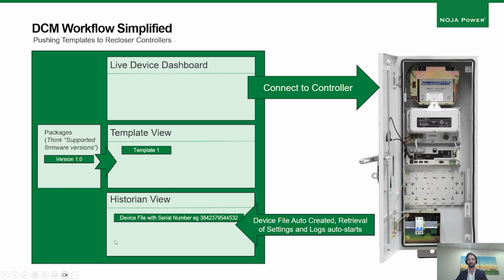So the historian view is basically the same as CMS's device view, except the upload feature is automatic, so you always have the latest state, and you cannot accidentally send a file from the historian view to overwrite what's actually in the controller. Now, to put the template file into the controller, you go from the live device dashboard view